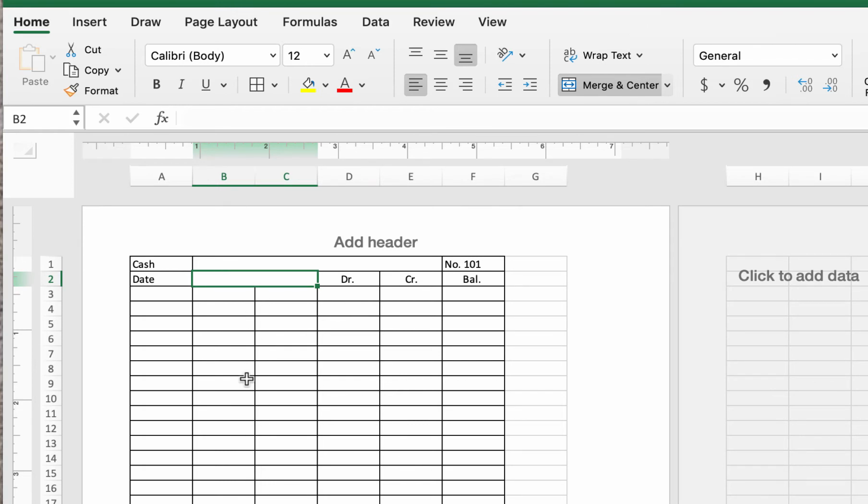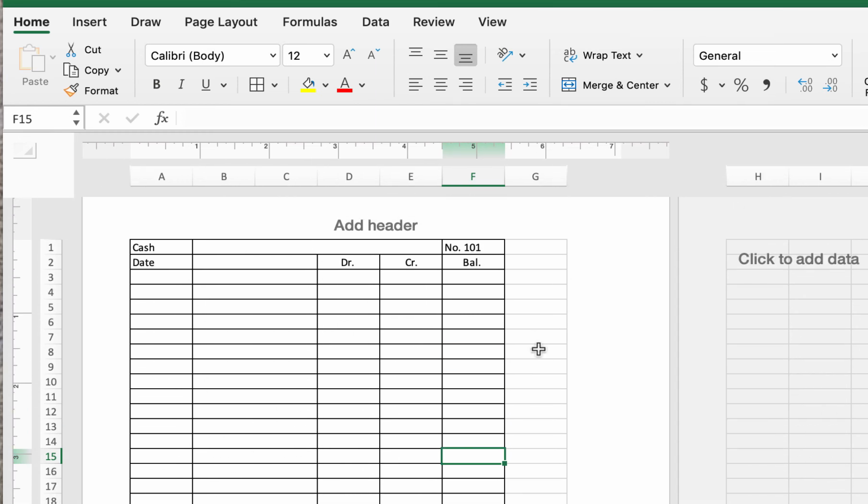Everything below this should also be merged and centered and left aligned. It is not. Remember from our last video, if I get my little crosshairs and I click and drag down, look what happened. It merged and centered all these cells below this. So now, from my journal entry, where I make my journals, I now have a ledger so I can post, okay? And from this point on, I'm just kind of going to copy and paste. Since I already have this, I'm going to copy and paste this for the number of accounts that I have